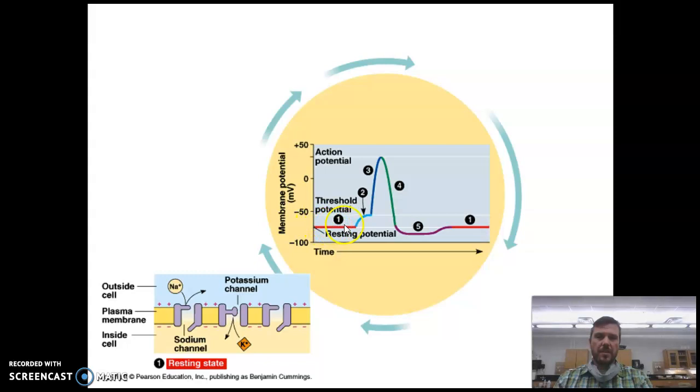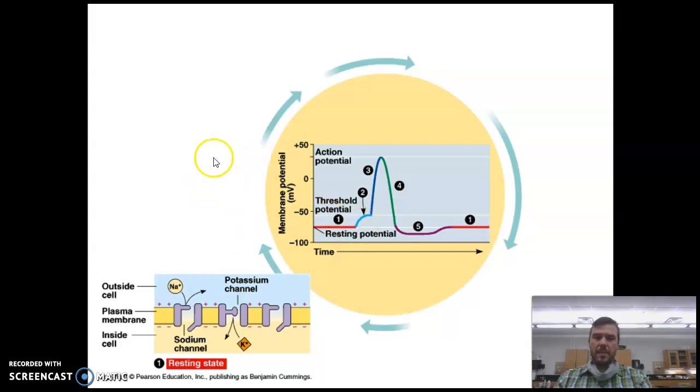So we've got our resting potential here. When your neuron isn't doing anything, it's just sort of hanging out. That's the membrane potential, the electrical charge across the membrane, on the inside in particular. When the threshold potential is reached,